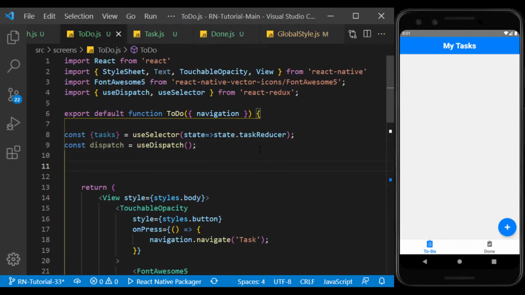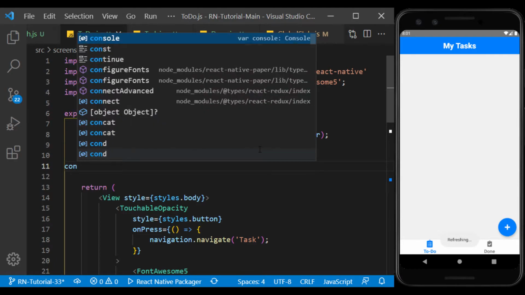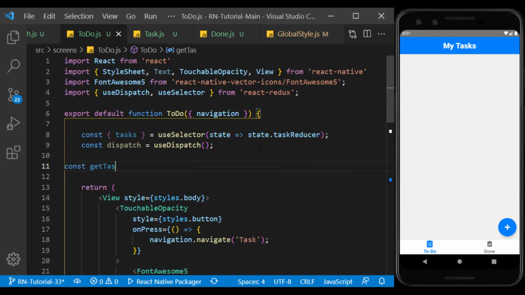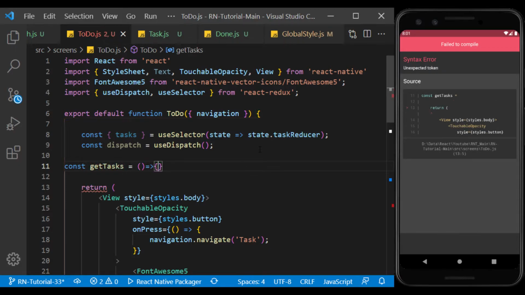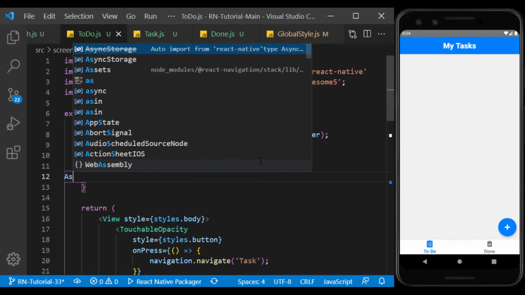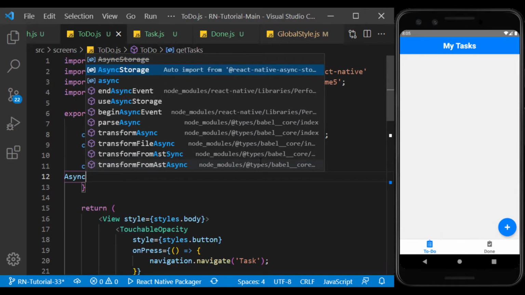I create a function called getTasks so that we can display the saved tasks on this page. We use async storage to store data in local storage.